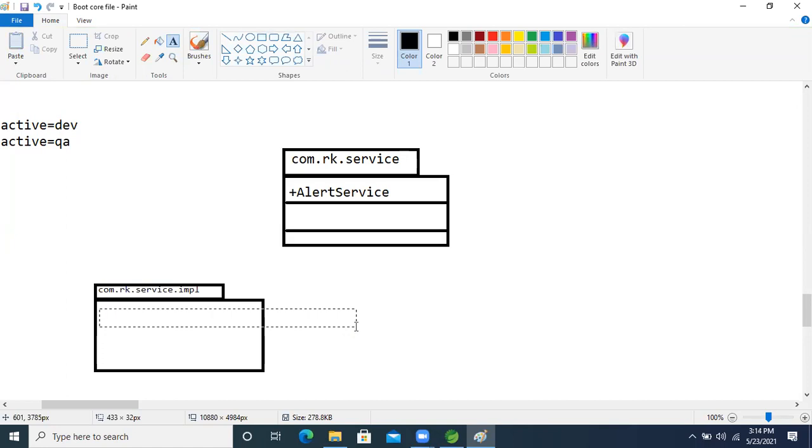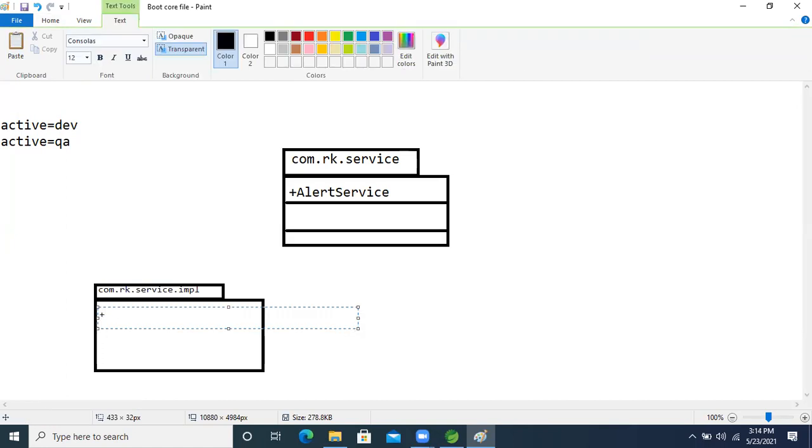We are taking a concrete class, SMSAlertServiceImpl. This is the class name, the implementation class name. So this is the implementation class.